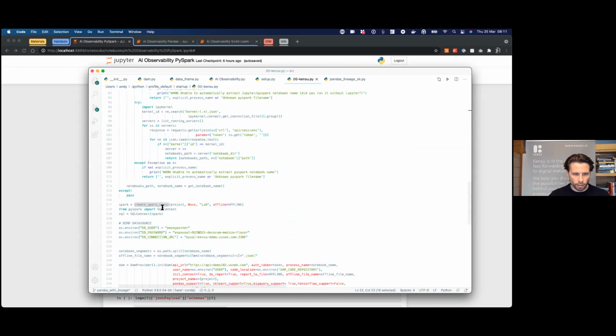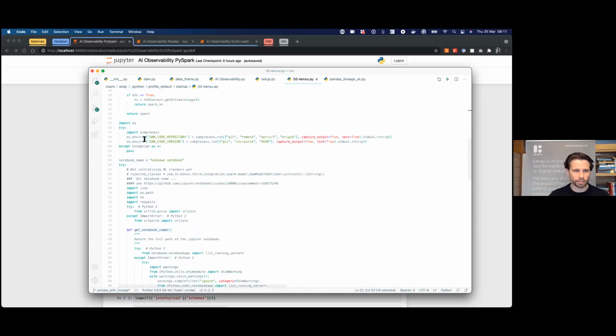I check if the current notebook is in a Git repository. I can also get the Git hash of the current repository in order to build extra information about my notebook. This can be done with Maven, with SBT, with setup tools, whatever. Just an example here.